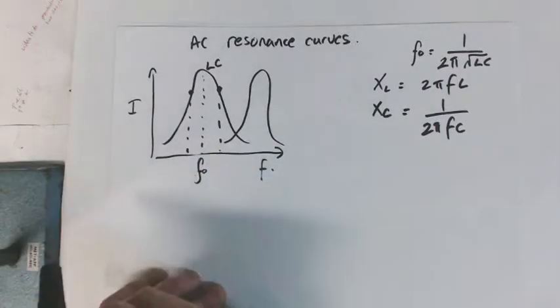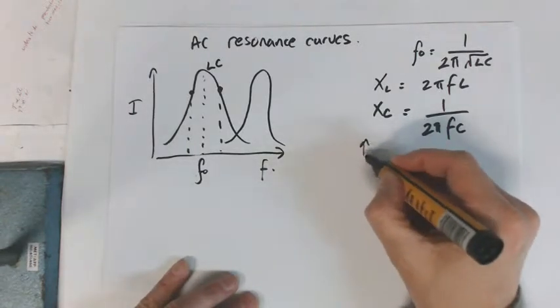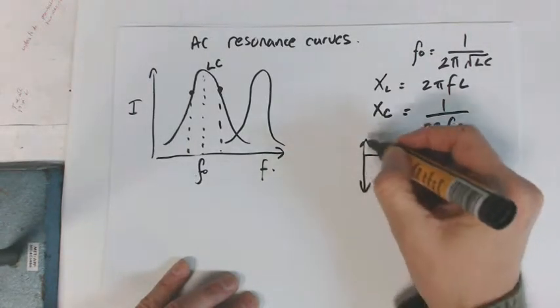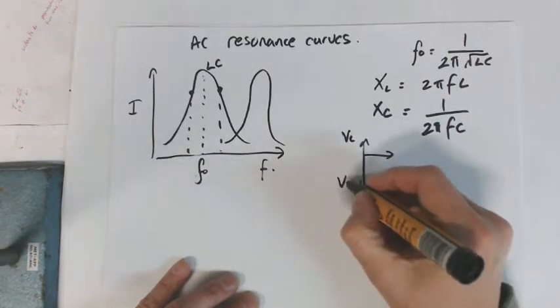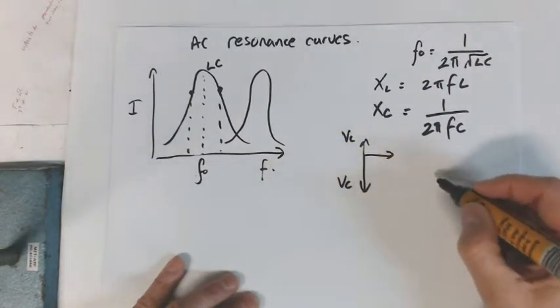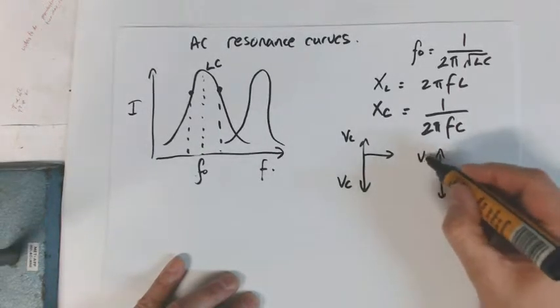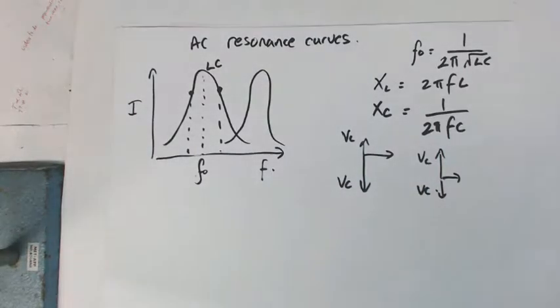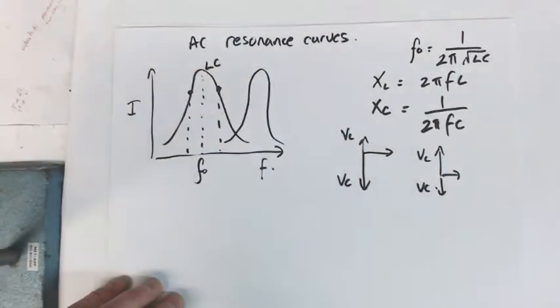That means the circuit's no longer in resonance, which means either the inductor voltage is low, like this, and the capacitor voltage is high, or the inductor voltage is high and the capacitor voltage is low. Now, this situation here is going to be for both these points here, but the question